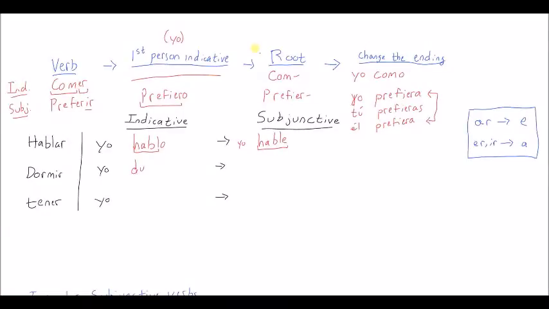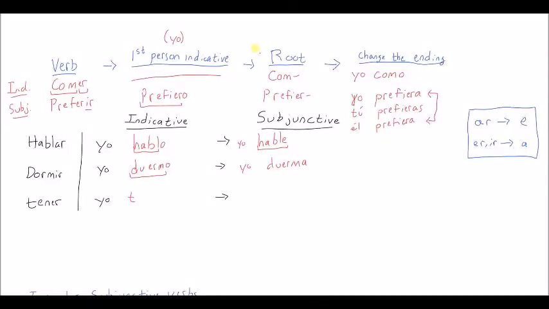Dormir becomes duermo, because it's irregular. And we're going to take the root of that and say yo duerm. We see that dormir ends in IR, so we're going to add an A to the end of it. And tener,